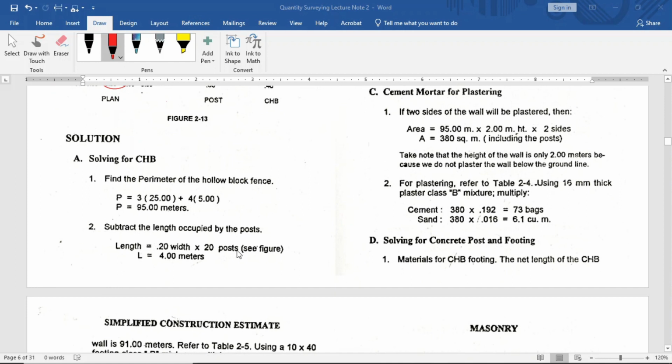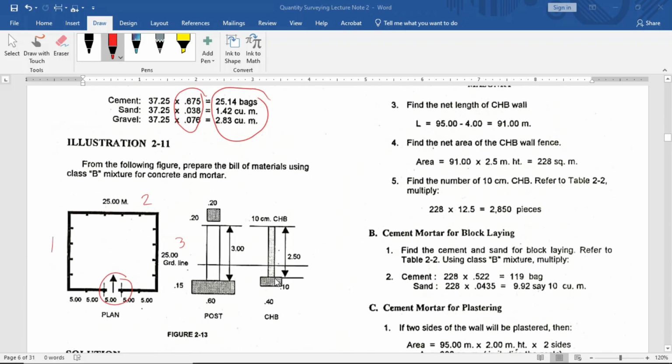So, ito naman yung length na susubtract natin para sa perimeter. Length is equal to 0.2 width times 20 posts. So, L is equal to 4 meters. After that, yan na lang natin yung net length. So, ito yung perimeter, gross perimeter, tapos ito yung para naman sa length ng post. So, 95 minus 4 meters is 91 meters. So, area, para makuha natin yung sa CHB, the area is equal to 91 meters times 2.5 meters